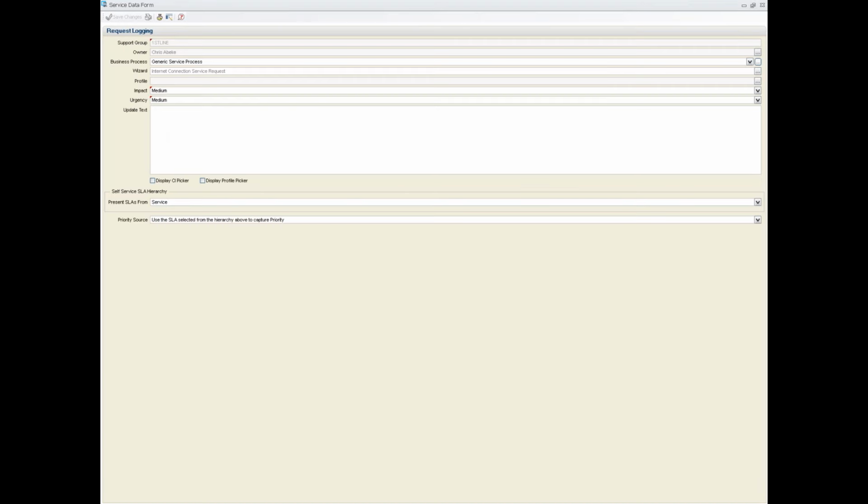But going back to this edit request form, you can see in here that there is a whole lot of information. Services that are typically going to be assigned to a specific group or an individual is stated at the top there. The specific process that it is related to is here, and the questions that are going to be asked. Earlier on we looked at the data form, or we briefly discussed the tables that hold this information. So the data form itself is